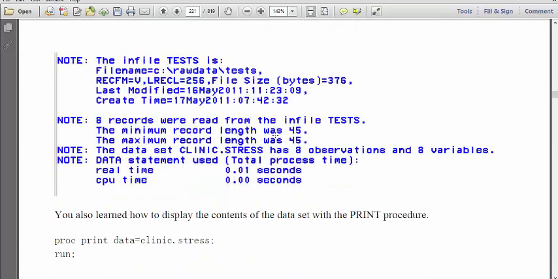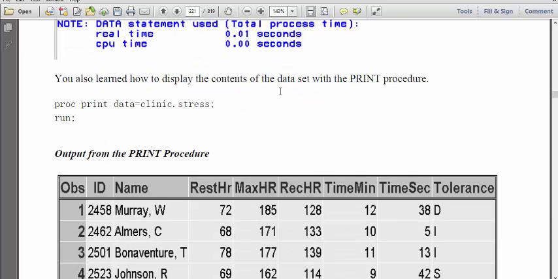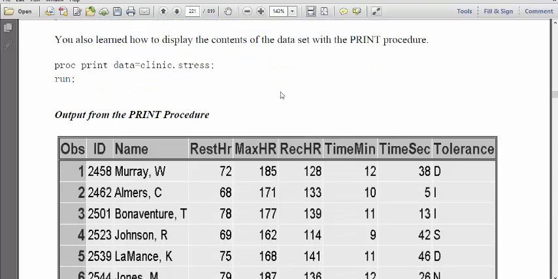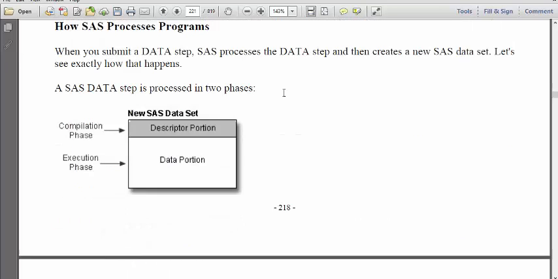So this is the log: the file name, file size, last modified, and 8 records were read from the infile test. Maximum was 45. The data set clinic.stress had 8 observations and 8 variables. The total time. You also learned how to display the contents of the data set with a PRINT procedure. Proc print data=clinic.stress; run;